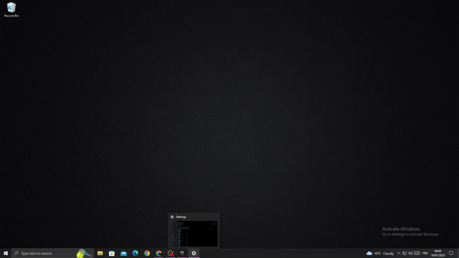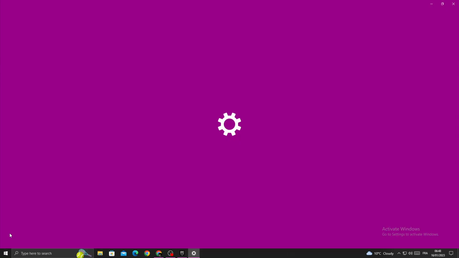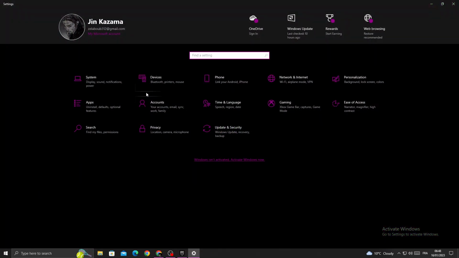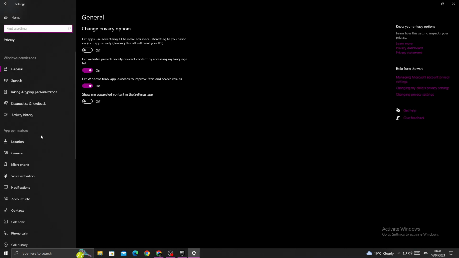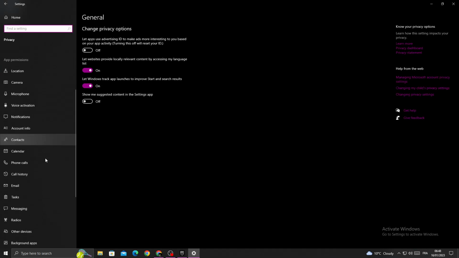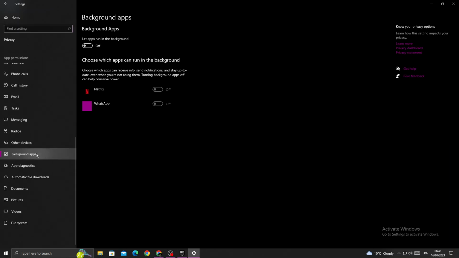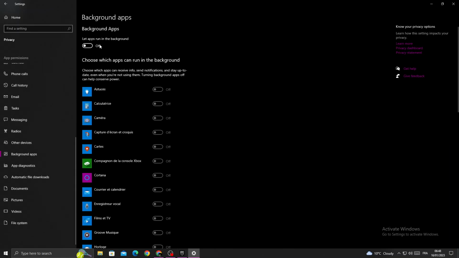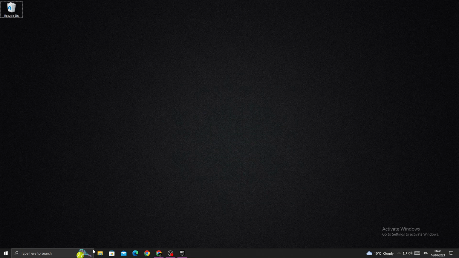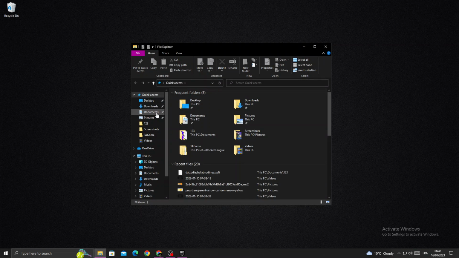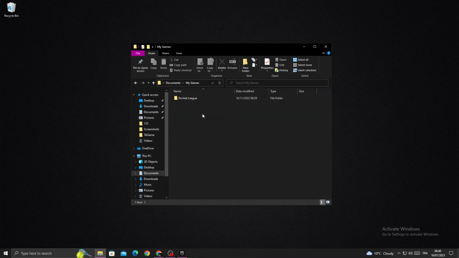First, open Settings and then click Privacy, and now scroll down until you find Background apps, and now just make sure it's turned off. If you find it like that, just turn it off, and then go to your files, Documents, My Games, Rocket League, TAGame, and here